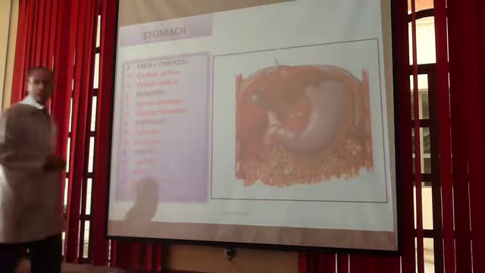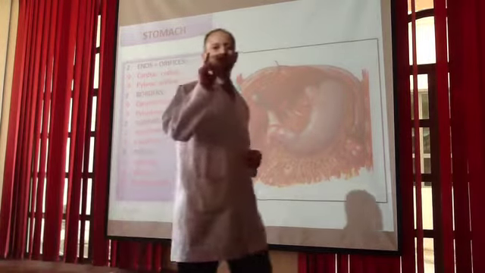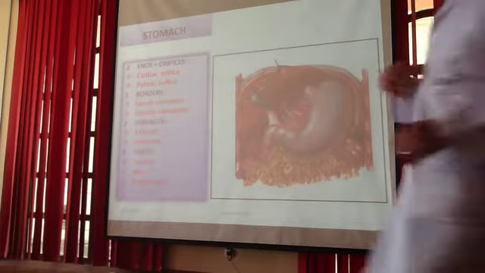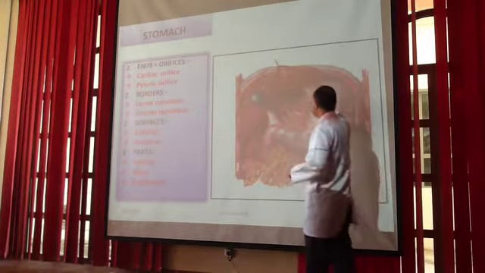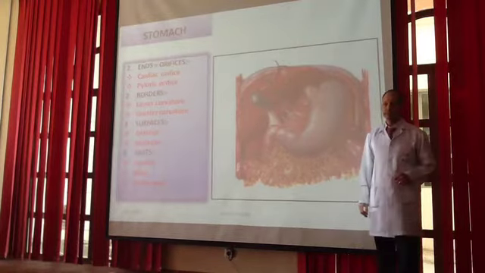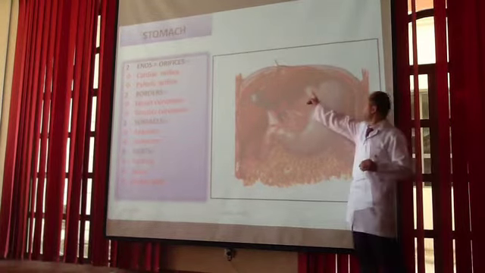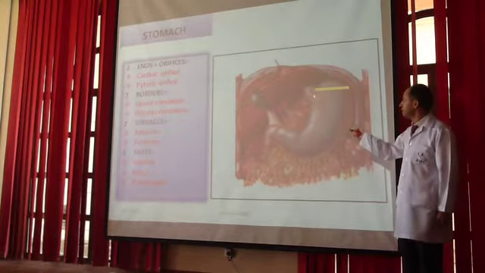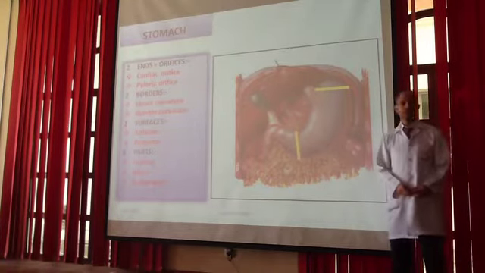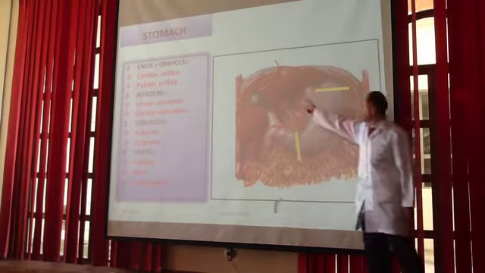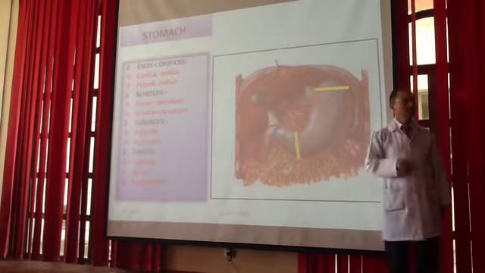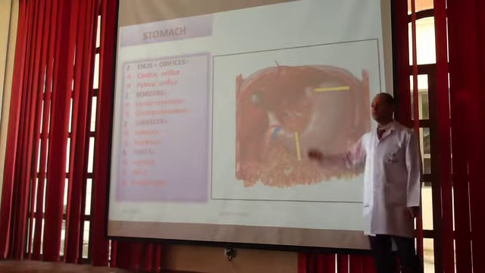Similar to this organ, which is the stomach, which is the organ of two. Be careful about what I say. Organ of what? The organ of two. It has two orifices, cardiac orifice and the pyloric orifice. Two borders, lesser curvature and the greater curvature. Two surfaces, anterior